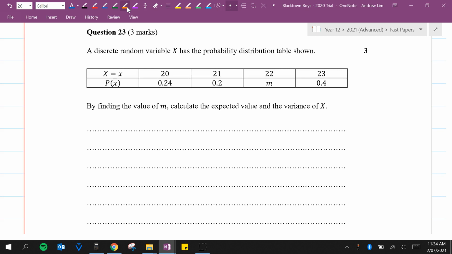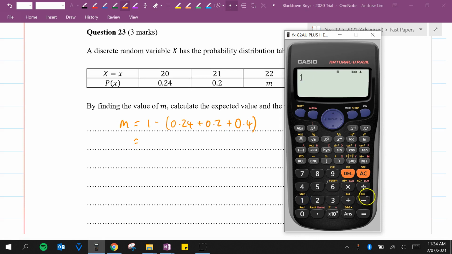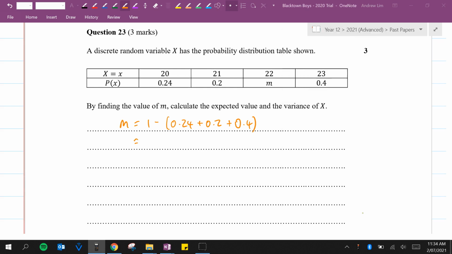Now all probabilities need to add to 1. So m is equal to 1 minus (0.24 plus 0.2 plus 0.4). So we have 1 minus 0.24, 0.2, and 0.4, which is 0.16. Okay, so that's 0.16. So now that we've done that, we need to calculate the expected value and the variance